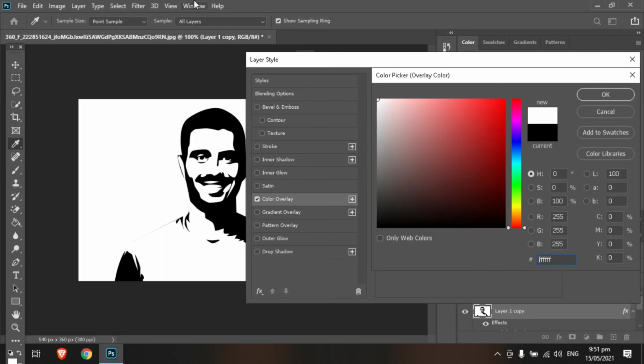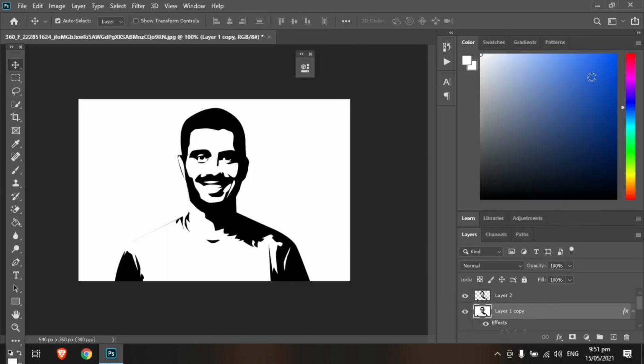See, the thing is, we could leave it like this. We could just make it black and white, but what I like to do is to put some color on this project. Now you can put color overlay,